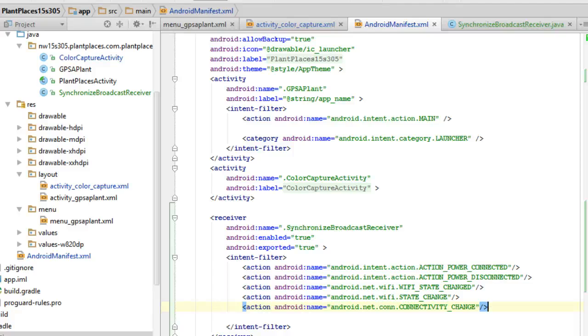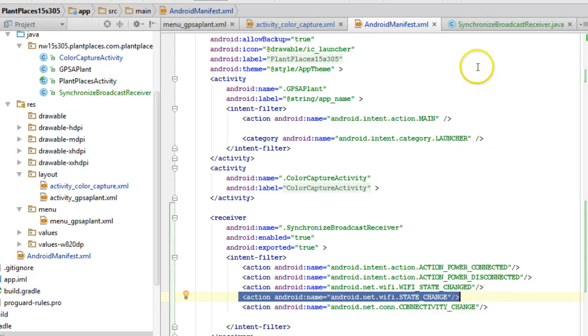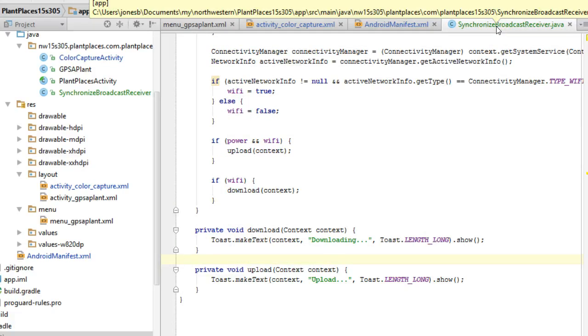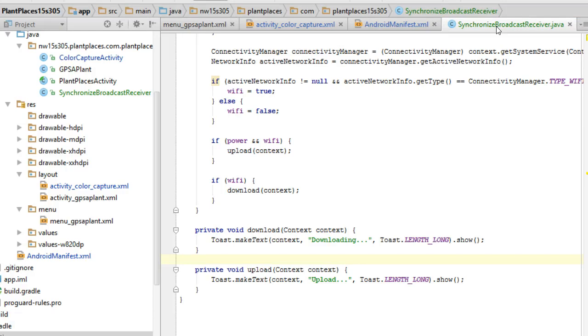In this video, we're going to build upon a broadcast receiver we built earlier. This time, we're going to take advantage of this action here, Android Net Wi-Fi state change. And what this does is this will alert us to when the Wi-Fi state changed. For example, scanning, connecting, obtaining IP address, connected, disconnecting, disconnected. We might want to stop something proactively when we're disconnecting, or we might want to do something only when we